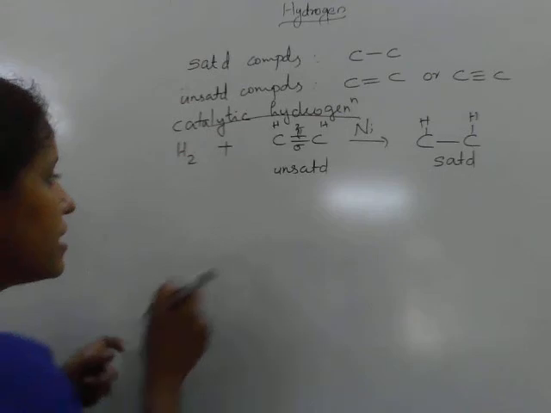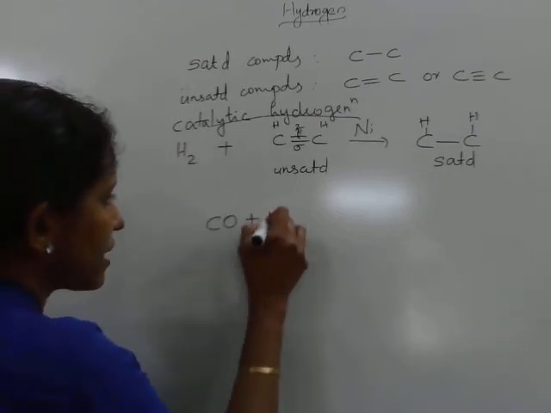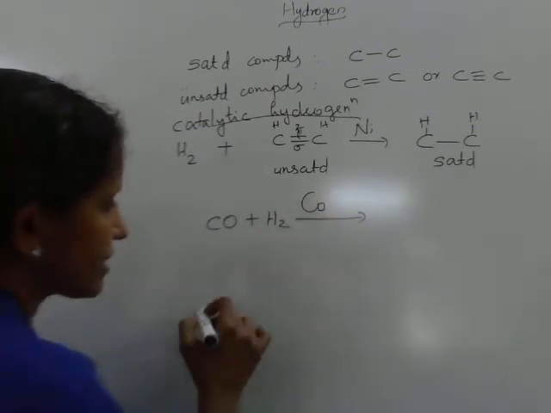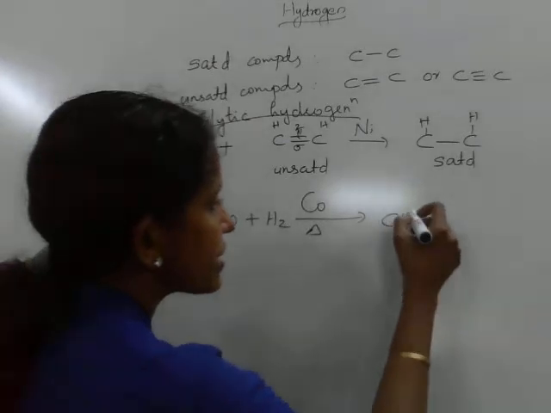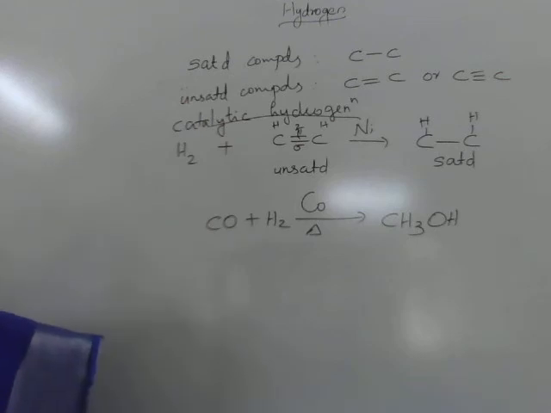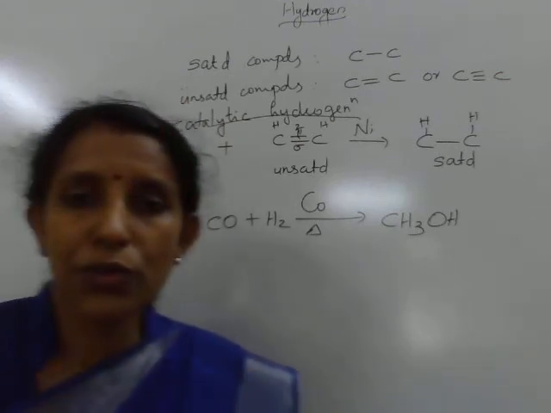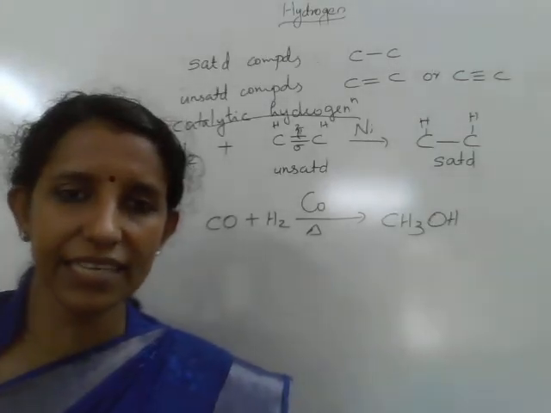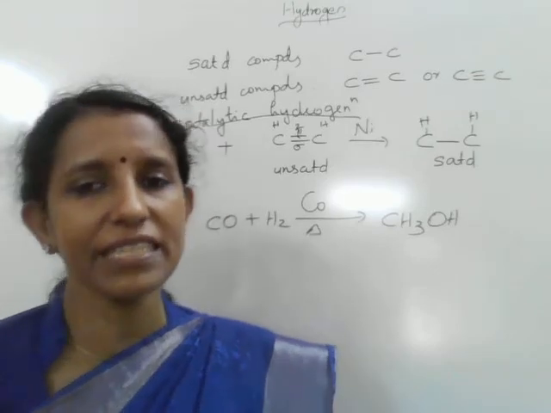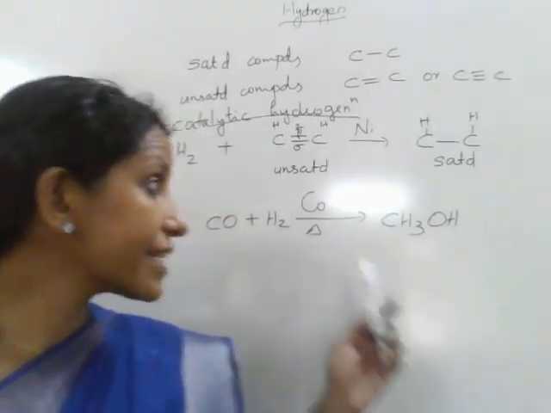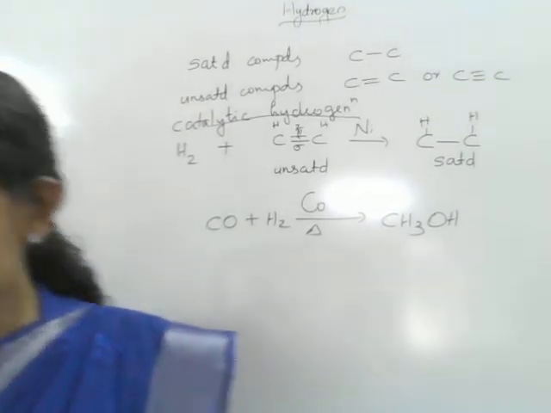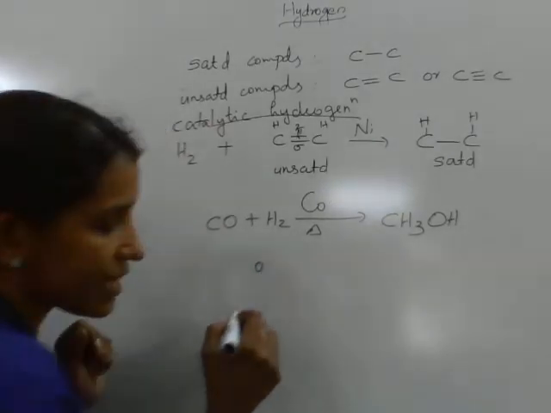Methyl alcohol is made from synthesis gas, that is water gas, a carbon monoxide and hydrogen mixture, which reacts in the presence of a cobalt catalyst at high temperature to give methyl alcohol or methanol. This is an industrially important compound. Then dihydrogen is also used in the manufacture of metal hydrides. Dihydrogen is used as a reducing agent in the extraction of metals in metallurgy. Dihydrogen is also used as a fuel in rocket research. Moreover, atomic hydrogen and oxyhydrogen torches.